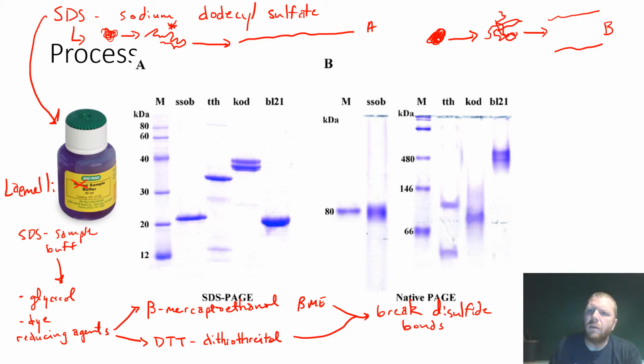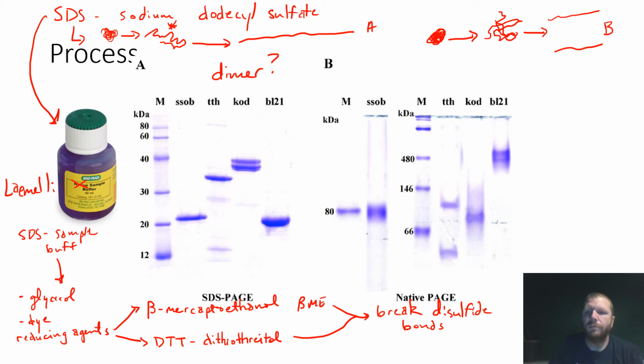But maybe what was present was a disulfide bond between these two polypeptides, and the addition of the beta-mercaptoethanol and the dithiothreitol broke that, in which case we had two different polypeptides. Okay, so what we're doing in comparison between native PAGE and SDS-PAGE is we're able to see a dimer,